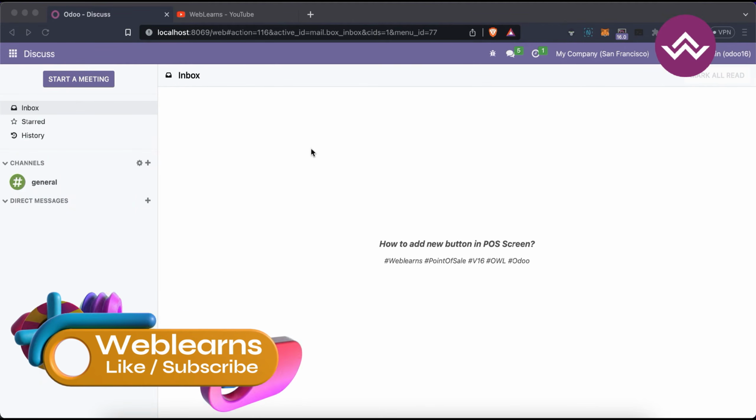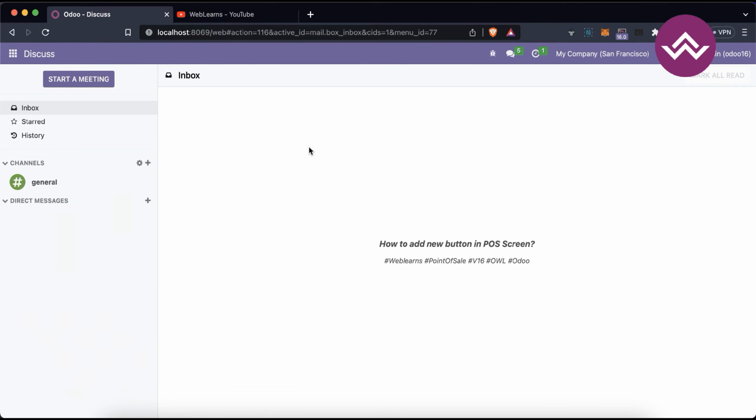In this discussion we will see how to add a new button in the POS screen using the Owl,